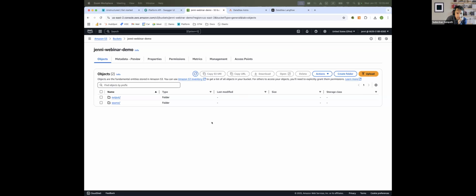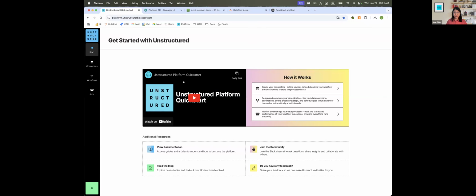Okay, great. I'm actually going to get started with where you would land when you first get started inside Unstructured. If you're interested in signing up just to see what the platform is like, on the first sign up, you get a 14-day free trial and 1,000-page limits of transform per day. You just visit platform.unstructured.io, input your email address. It sends you a magic link into your inbox. Click that link and then you would sign in. And this is what the platform looks like when you first visit.